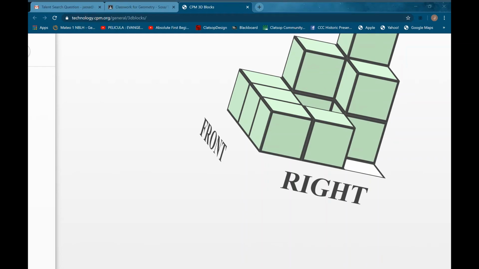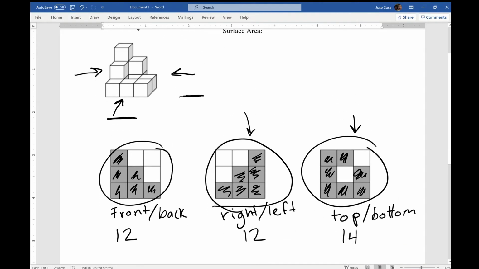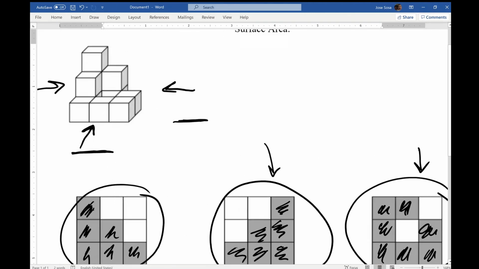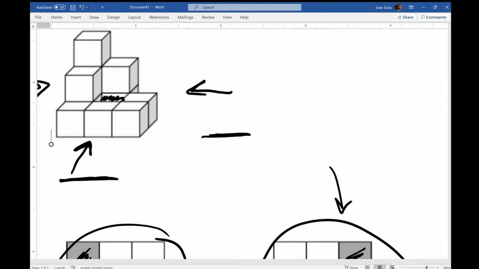Okay, so it's not just 12 plus 12 plus 14 units for the area. Then there is for the hole, I'm going to put it right there, for the hole there is 4 more square units. Okay, so now that we know that there are 4 units in here, then we know